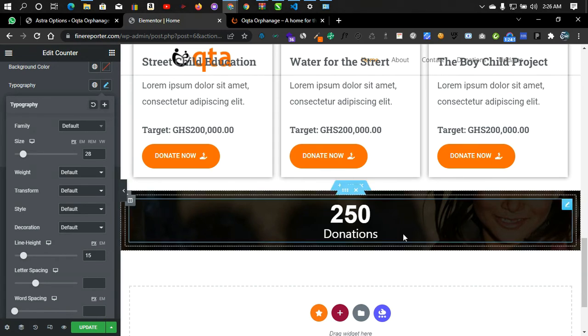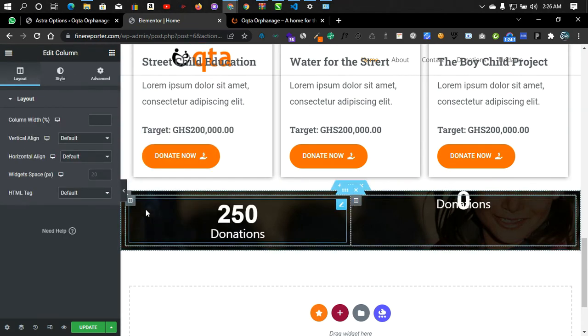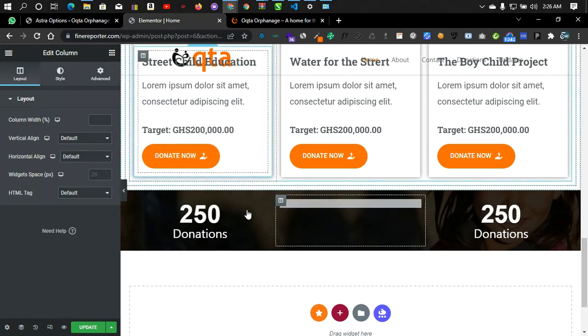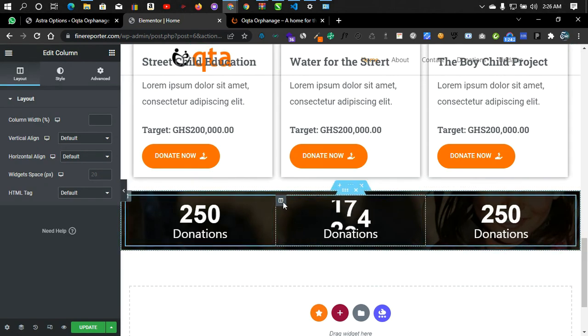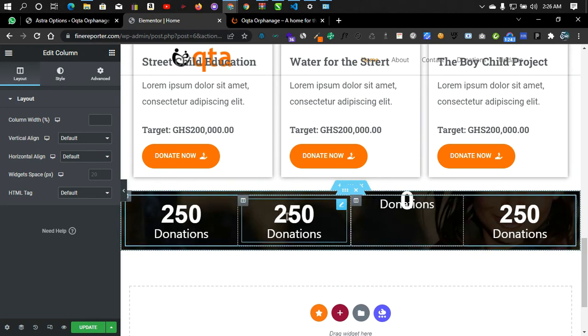Great. So now I think I have what I want. Let me just come here and duplicate. And duplicate. And duplicate. So you can change the items over here to